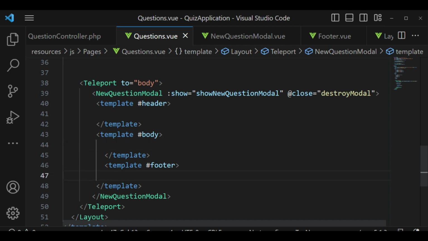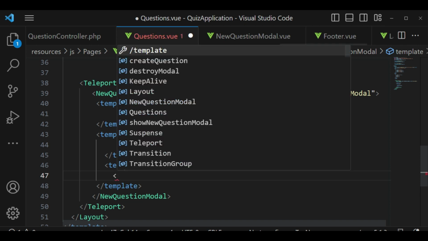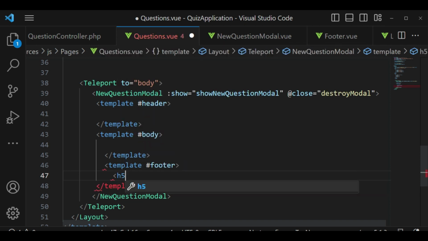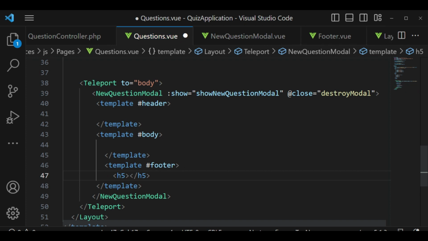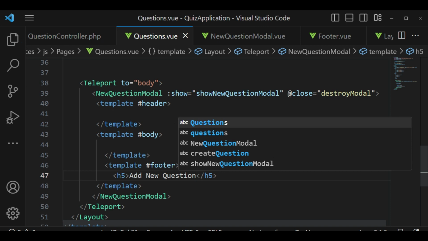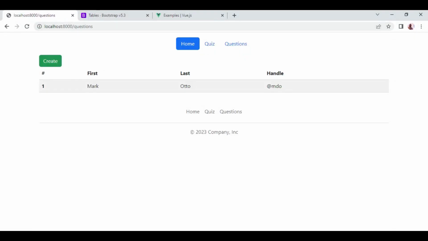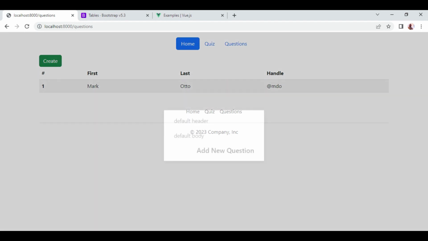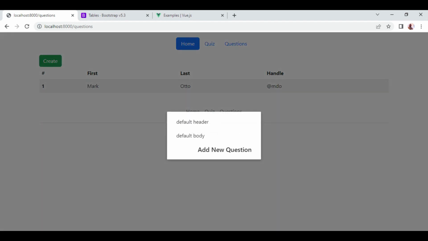So for the header, I want us to have the question. So in this case, let me just use H5, and here we are going to say add new question, like that, and I will save it. And so when we refresh, when we click here, we have add new question, and it is appearing as